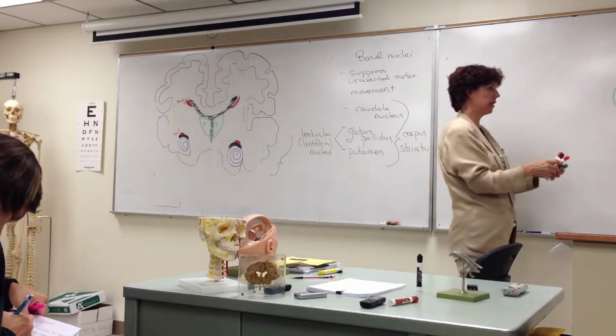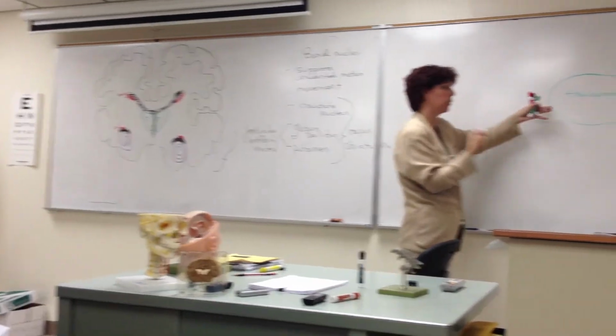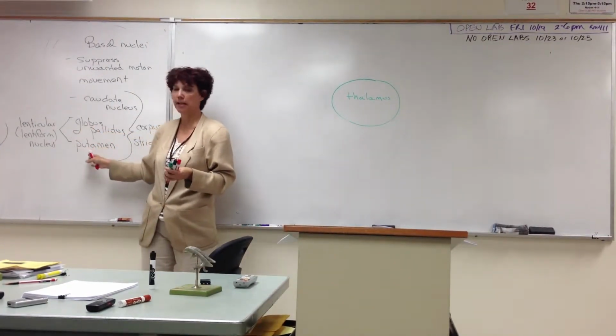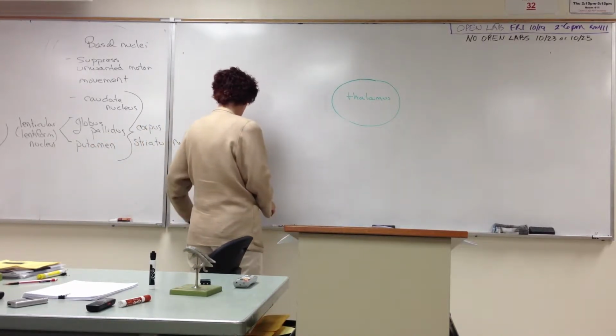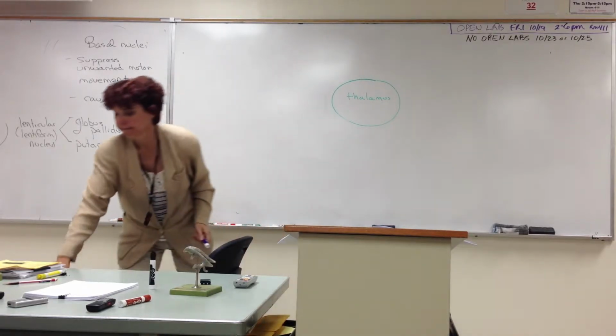Now, anterior to the thalamus is where I'm finding the head of my caudate nucleus. But between the caudate nucleus and the thalamus, I have my globus pallidus and putamen. So let me make those out of colors similar to red. I'll make them out of purple and blue. The globus pallidus